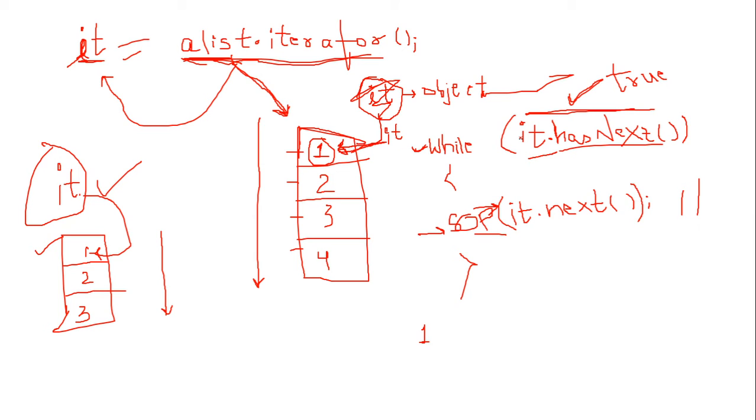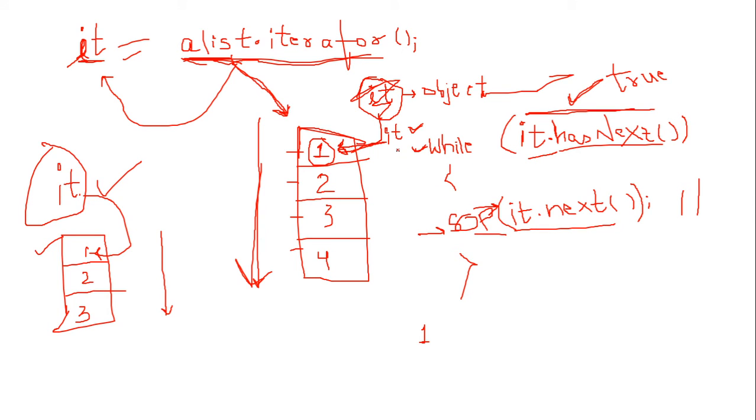So again it.hasNext will check whether there is another element present in the list from top to bottom. Okay, top to bottom only. So yes, you can see it has checked, yes, 2 is present, one element is present. So it will remain here after execution of this. It will not move from its block. Okay, so the next element is present, so we will come inside.